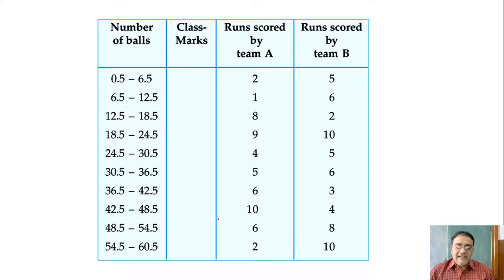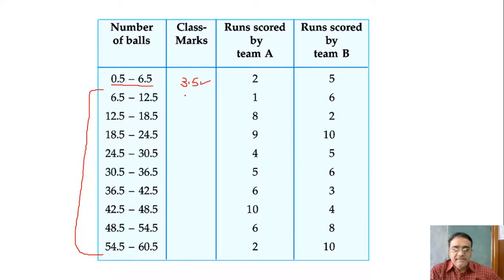So now our next target is to find the class mark. Okay, so first class mark you have to find. Add and divide by 2. 3.5. Right. 3.5, sir. Now check whether the class size of all the classes is the same. It is coming 6, the size is 6 in all, isn't it? Yes, sir. Okay. So what we can do, we can add 6 subsequently to 3.5.